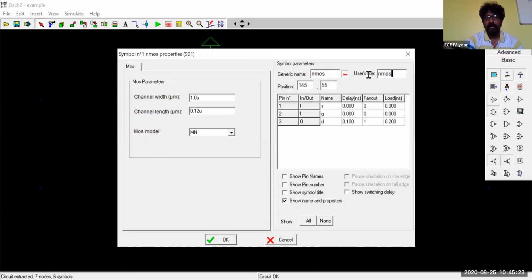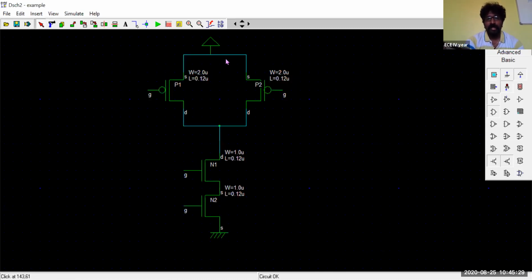Then again here, naming of the second transistor is N2, with pin name and pin symbol. Now you can see all these devices have been arranged in one particular fashion. The naming of devices has been done and terminal names have been given. But here, for the second transistor, I need to take a longer wire in order